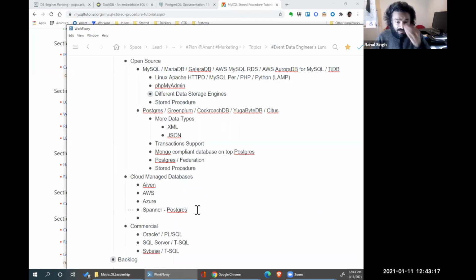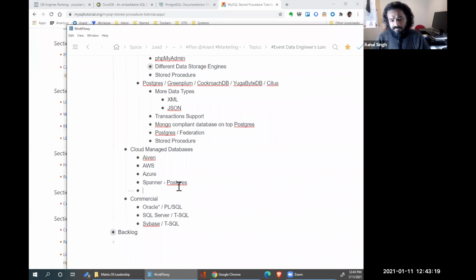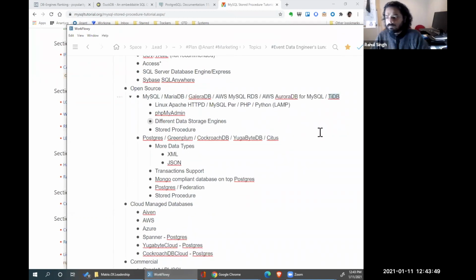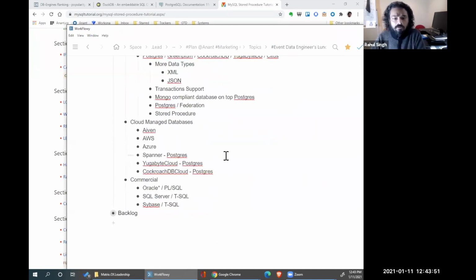Other cloud-managed databases that are MySQL or Postgres oriented, I believe there's something called Yugabyte Cloud, or whatever they call it, but they have a Postgres compliant database. And then CockroachDB Cloud also has Postgres compliance. I don't know if there is a TiDB variant that you can get from the cloud.